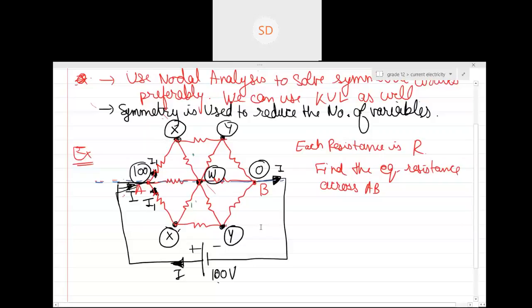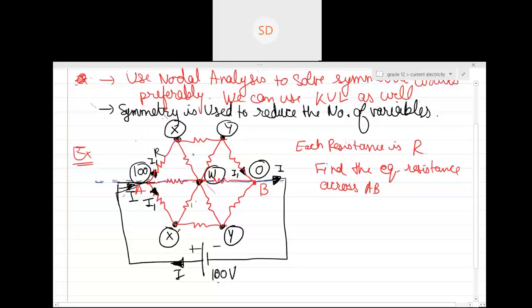The second concept which we are using in symmetry: whatever current is going in the upper part of the branch, will it come from the lower part? Will it come from the upper part? Can you see the same resistance R was there? So this current, whatever it distributes over here, the same current should come over here. This concept is basically proven using Kirchhoff's voltage law, but I'm not at all interested in proving it. So assume that I have done all the groundwork for it someday back in ages, and now I'm giving this as a direct result to you. Okay?